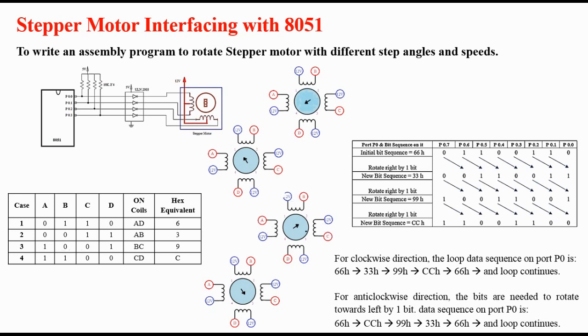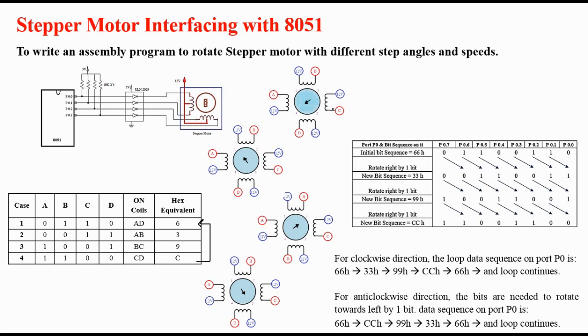In the last iteration, let us suppose you want to move the shaft towards position number 3. In this way, C and D should be 0, and B and A should be tied to high. In this case, the current will start flowing through these coils. So here you will get 1100, and the hex equivalent of 1100 is C. So you will get those codes, and if you go back to the first step, the motor will again start rotating from 4, then 1, 2, 3. In this way the motor will rotate in a clockwise direction.